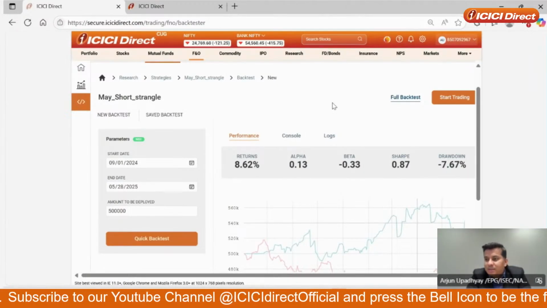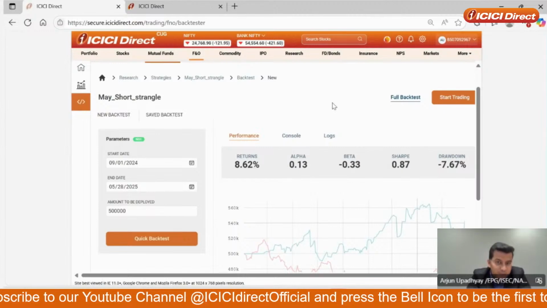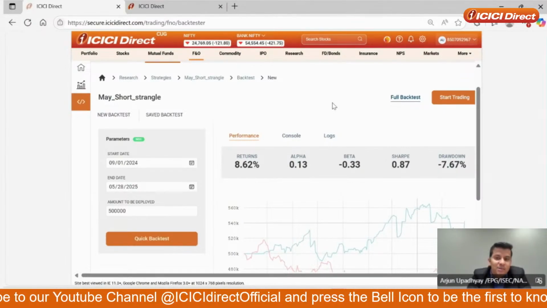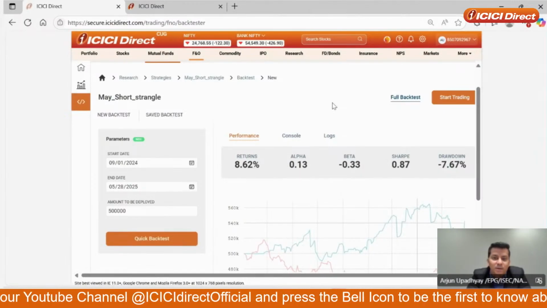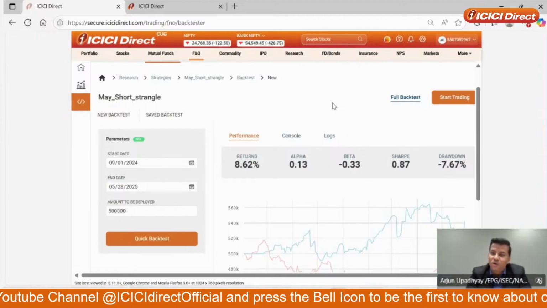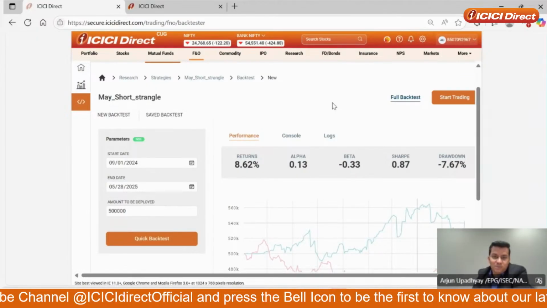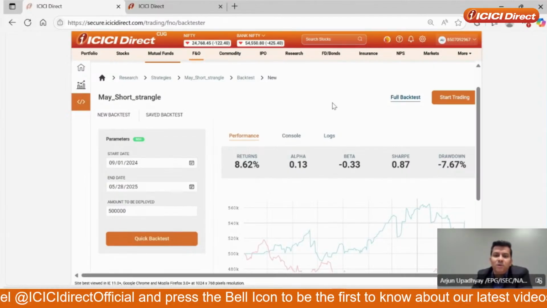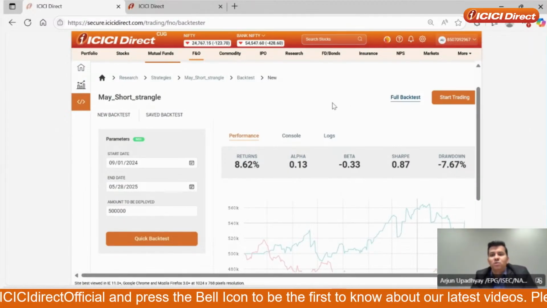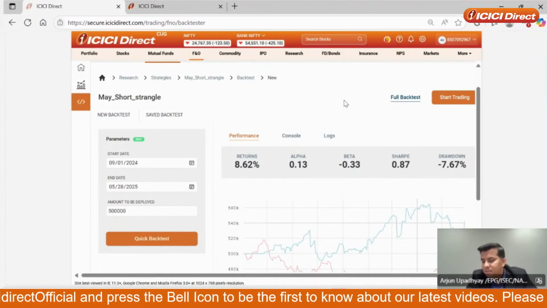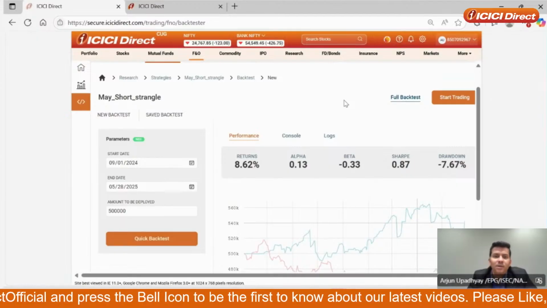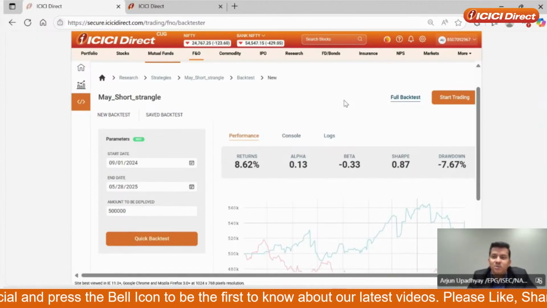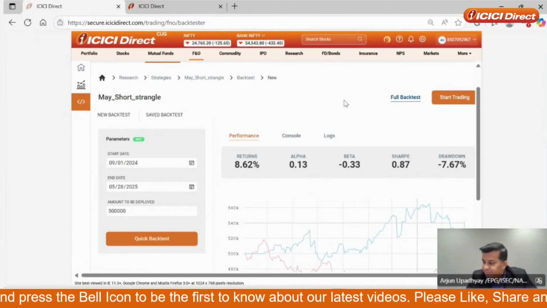But the exciting part is, had the strategy not worked for me, I could have modified it smartly, right? I could have rerun it. What will eventually happen in the markets, we all know, is known to none. But at least I can backtest and see the solidness of the strategy that I have, right? So this is one tool. Again, let me reiterate: it's historic data, free of cost, second by second, that's accessible to all our retail customers, right?